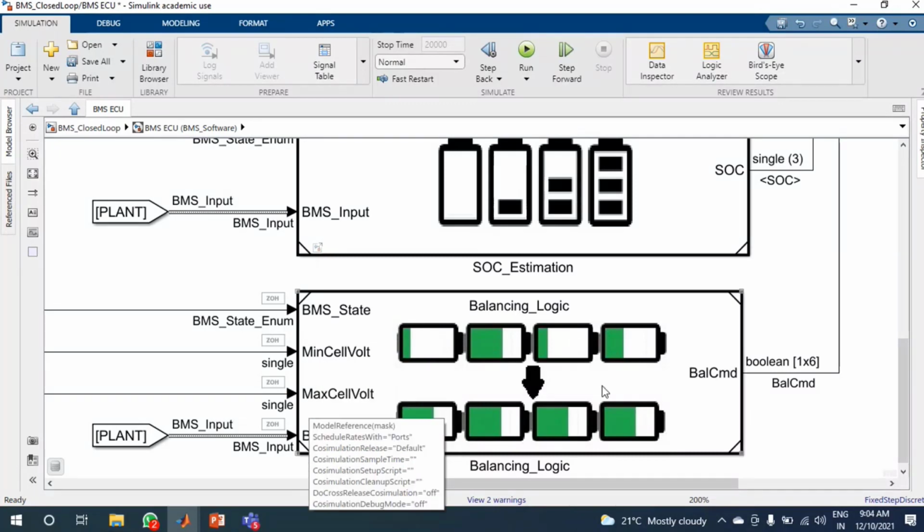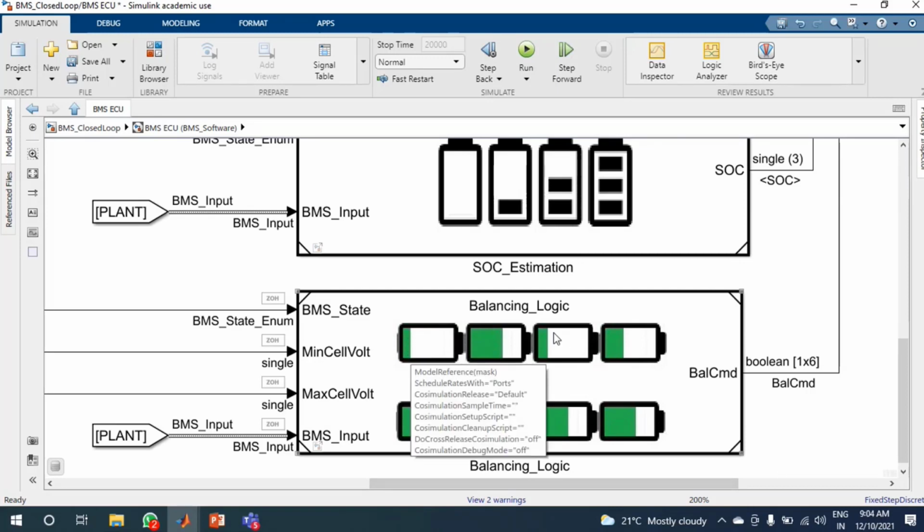Accordingly, we will see how much current will go to each cell, because there are possibilities that some cells may have less charge, some cells may have moderate charge, and some cells may have more charge. So this balancing has to be done at the cell level instead of the module level. If you do balancing at the cell level, then your system will be perfect.